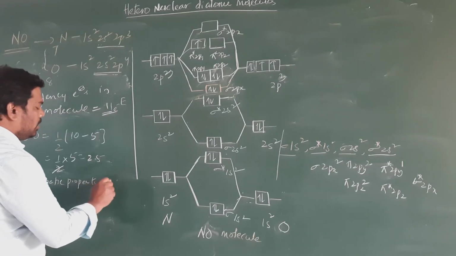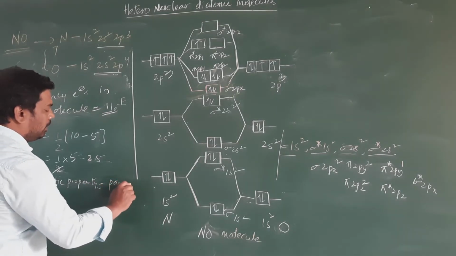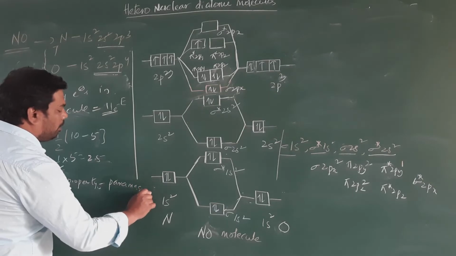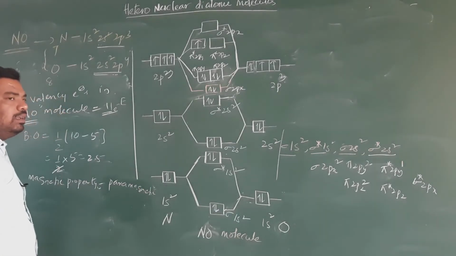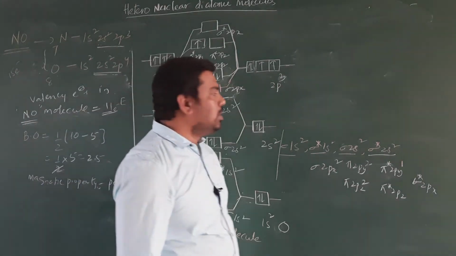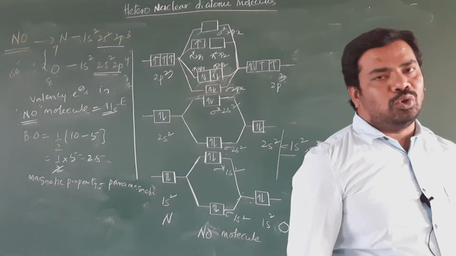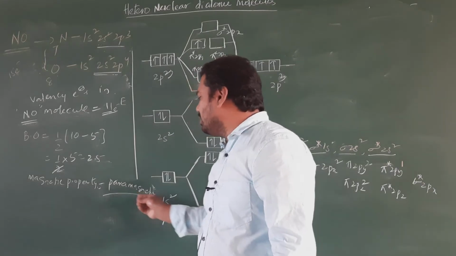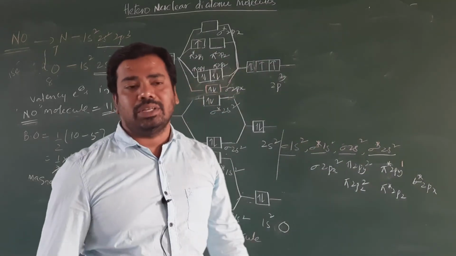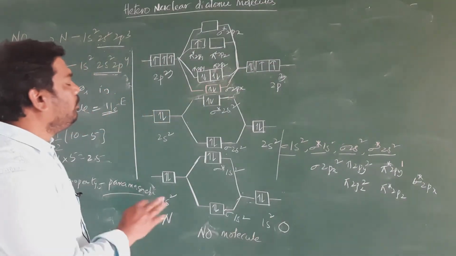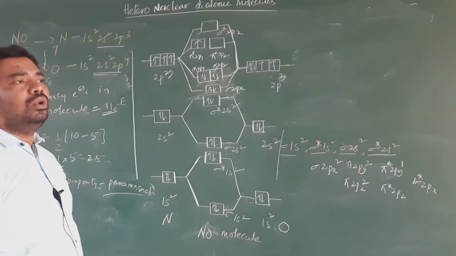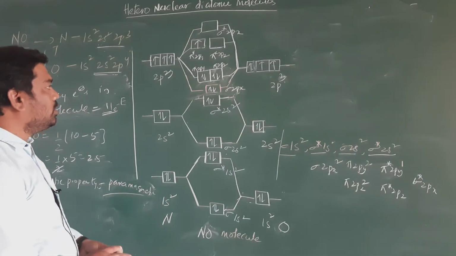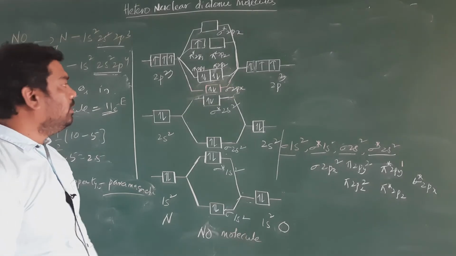Therefore the NO molecule exhibits paramagnetic property. So the bond order is 2.5, that is 5 by 2, and the magnetic property is paramagnetic in nature. Clear, students? These are the examples of heteronuclear diatomic molecules, and we have one more example,